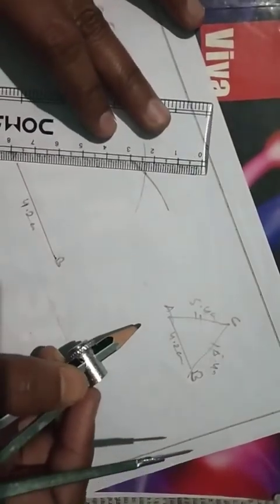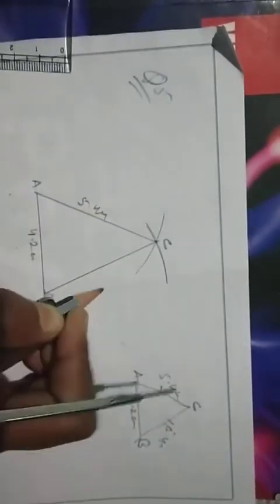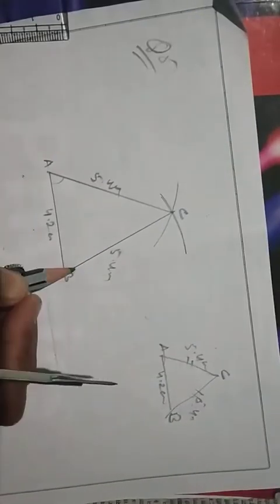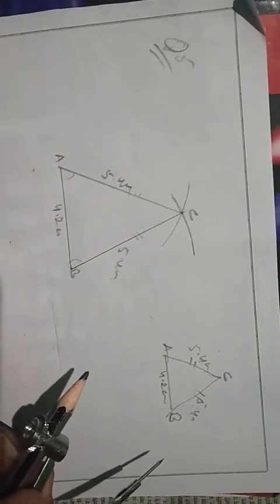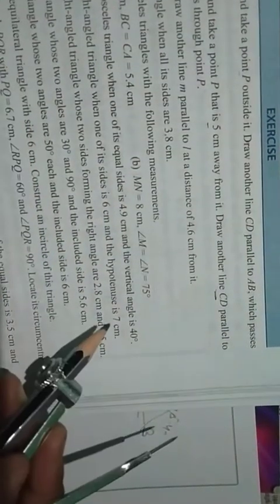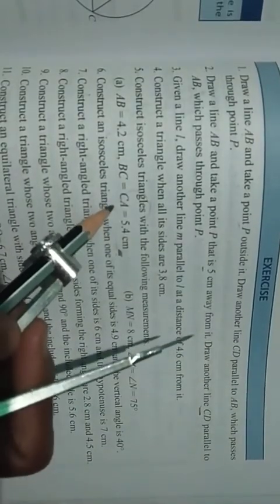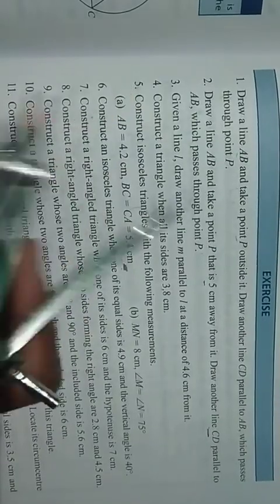Now you have to join 5.4 and this also, two line segments. This is point C. This is 5.4 and this is also 5.4. This is an isosceles triangle whose two sides are equal. Got it? Now question number 5B and 6, 7, 8 next day we will do. Till here, question number 5A, up to here you have to do in your notebook. Okay, properly. And use compass and scale properly. Got it? 1, 2, 3, 4, 5. Up to here you have to do.